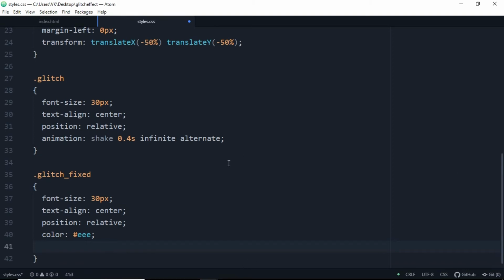And also we're gonna need some animation here too. So just copy this animation and paste it here and rename the name of the animation to, let's make it color.